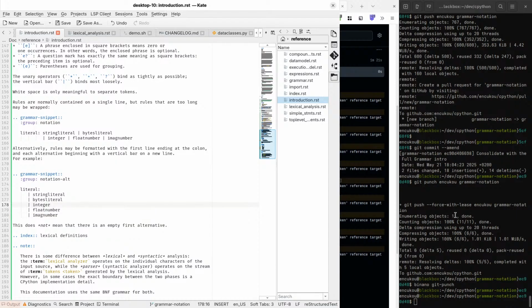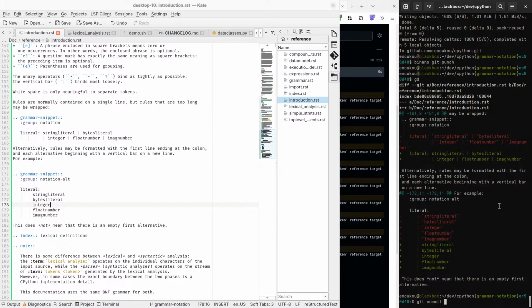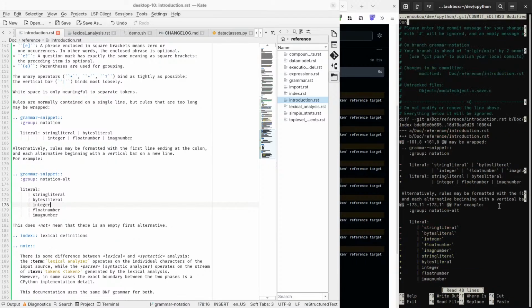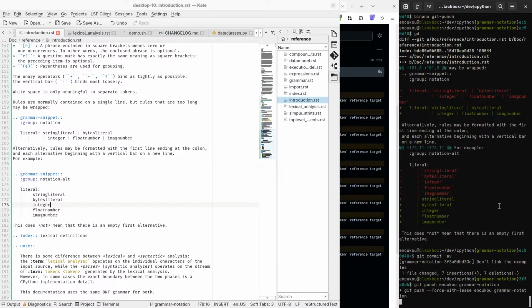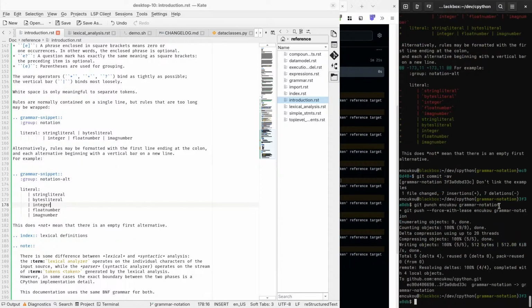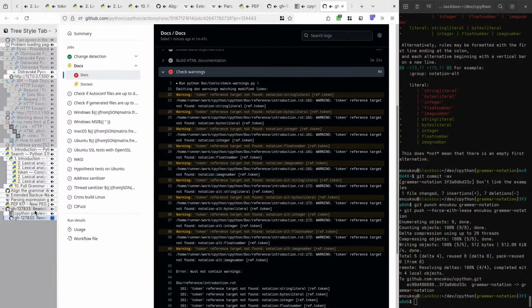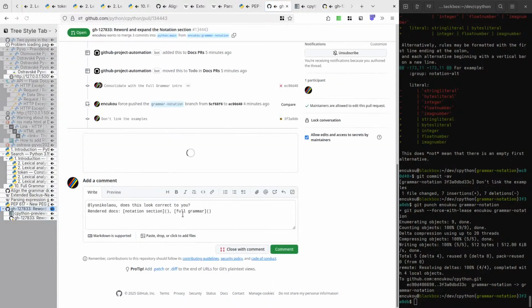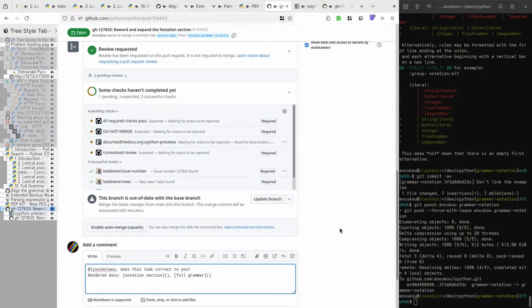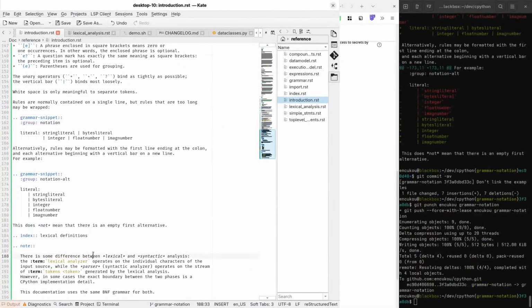Getting used to this multiple cursors feature. So yeah, I recently read somewhere that Kate has multiple cursors, so you can do this.